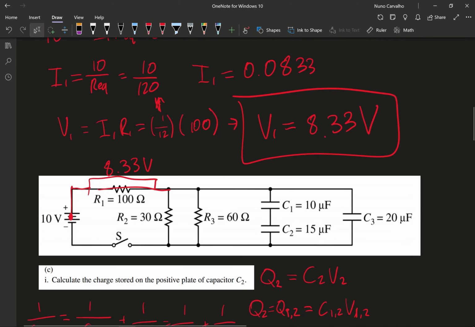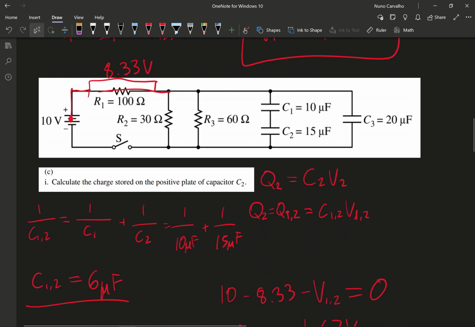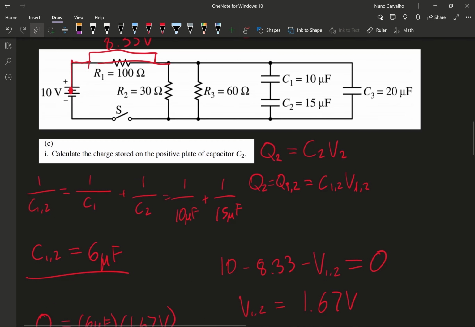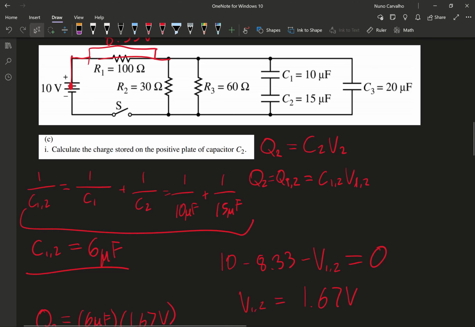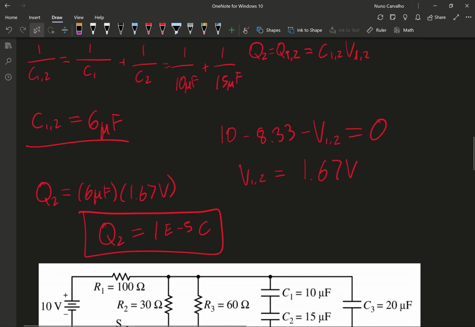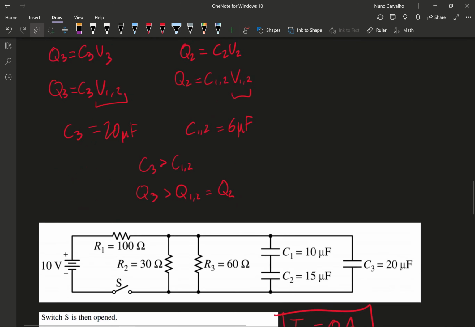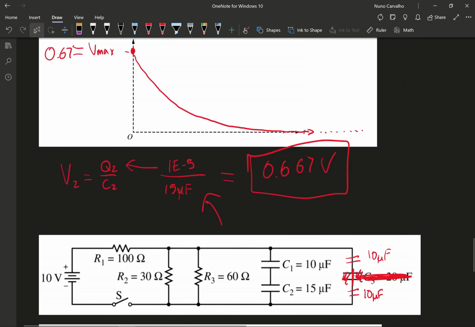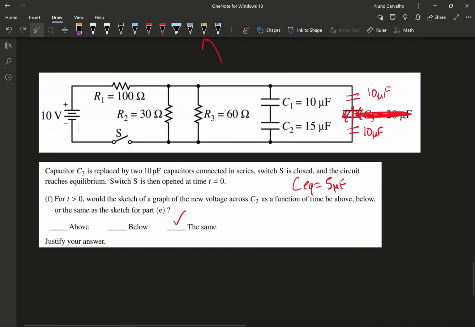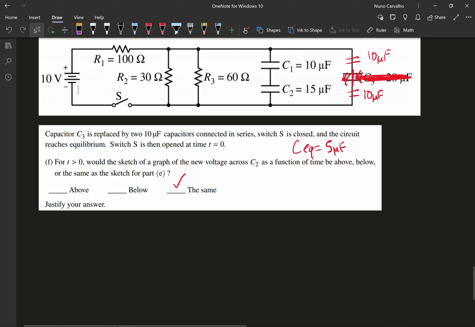We were able to get the voltage across R1 here, but it really did not matter what was going through C1, C2, or C3. Or sorry, not what was happening with C3. What really mattered here was what was going on through C1 and C2 when we were trying to figure out the voltage of that specifically. So when we got here the charge, and then we got here the voltage as well for that. So really nothing will change,